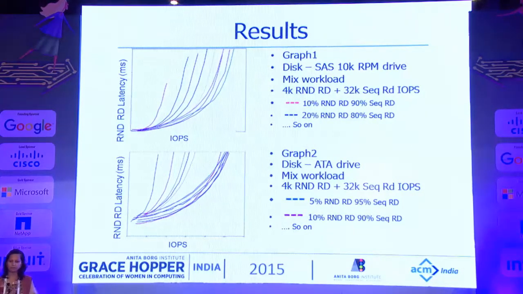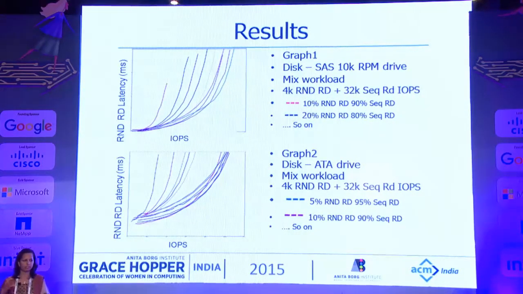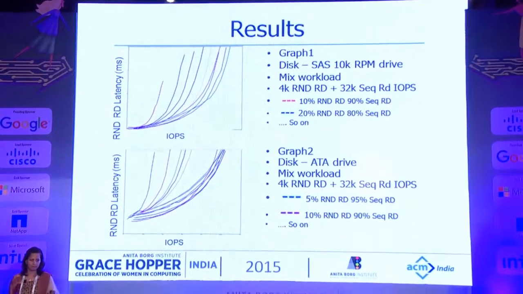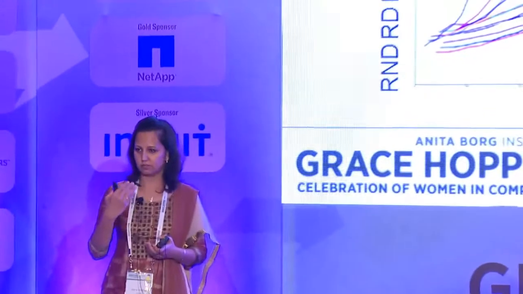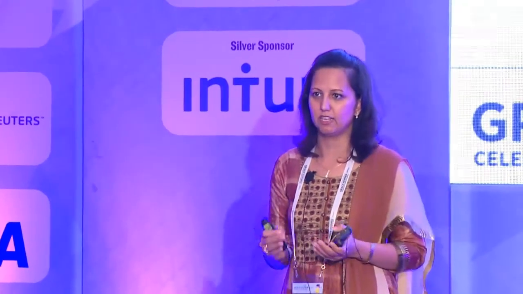Similarly, for graph 2, we changed the constants and used different disk types and different capacities. And the graphs we see are completely different. So this is so much data we would need to collect just to get accurate results when we have to do the dynamic prediction. So this is what the second technique was all about. I'll probably just stop for questions and answers.